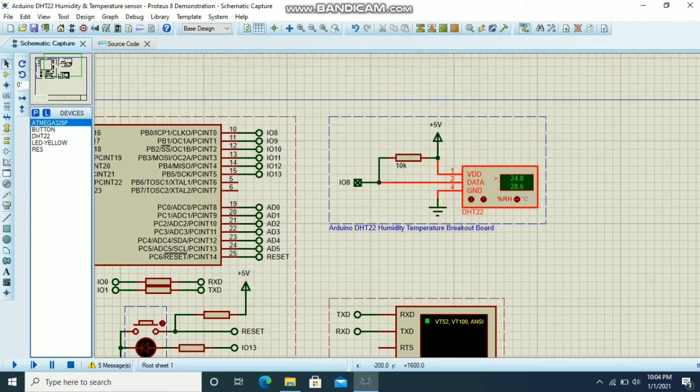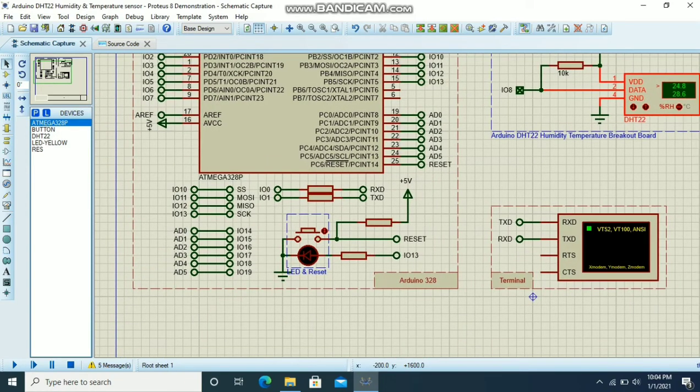Now let us again see the output. Now I am running the code. Our output will be displayed here. Now the LED will blink for 1 second. As you can see, the LED has blinked. This proves that our code is running quite well till now.